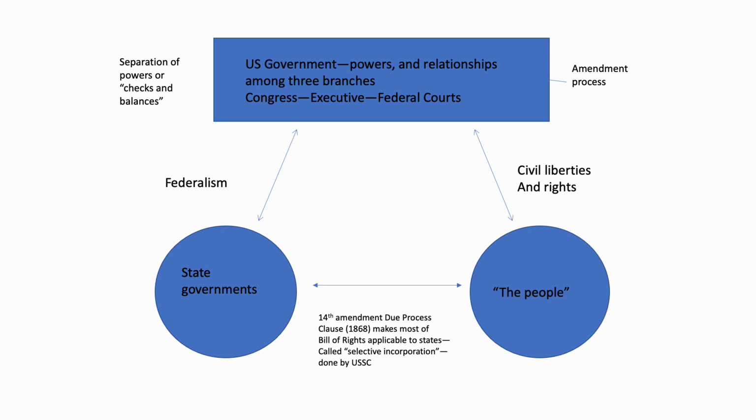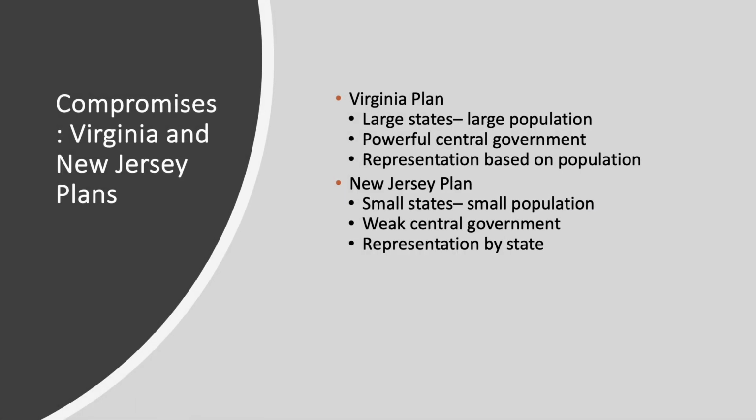We're going to cover civil rights. But understand, now the Bill of Rights does protect us against the actions of state governments. But originally, it only protected us against the national government in Washington. Now, I'm not going to go through this in all sorts of detail. You've heard a lot about this, the various plans, compromises for how to structure the government.